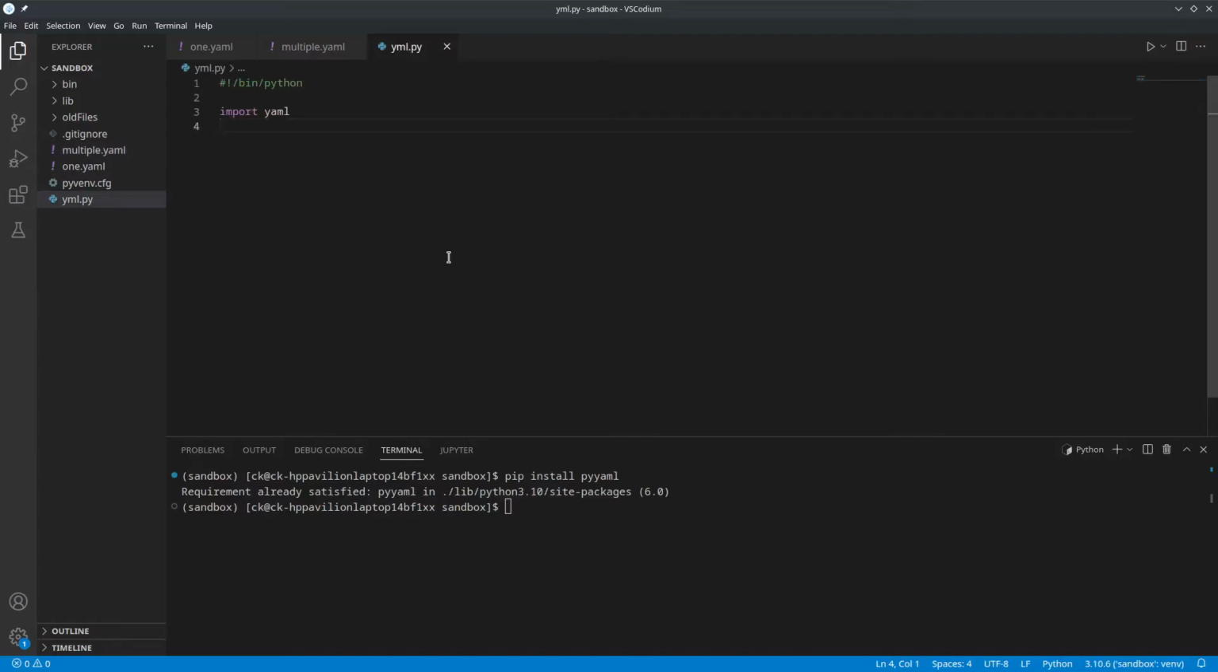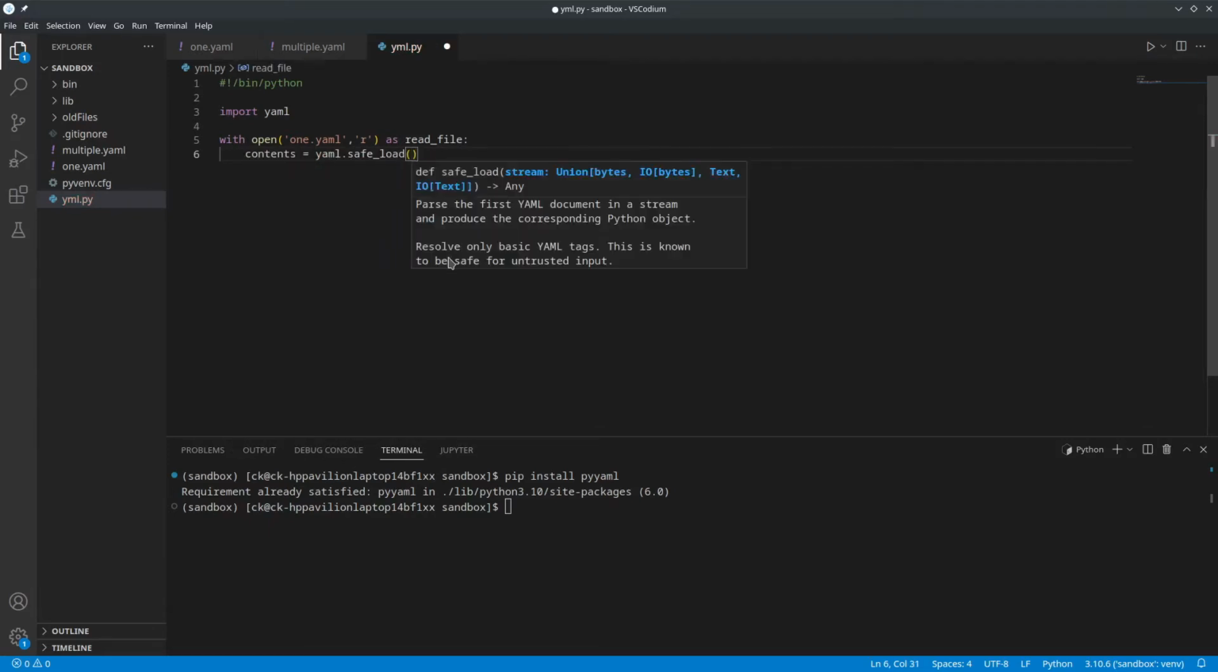To read a YAML file, we first have to open the file in read mode, then load the contents using safe_load. There are multiple loaders because of different constructors. It's best to stick with the safe version whenever possible, because the safe_load version will not create any arbitrary